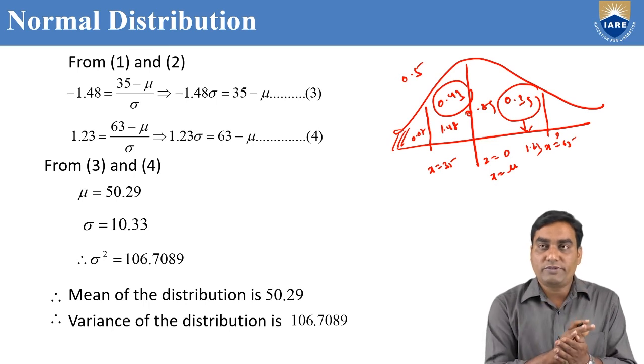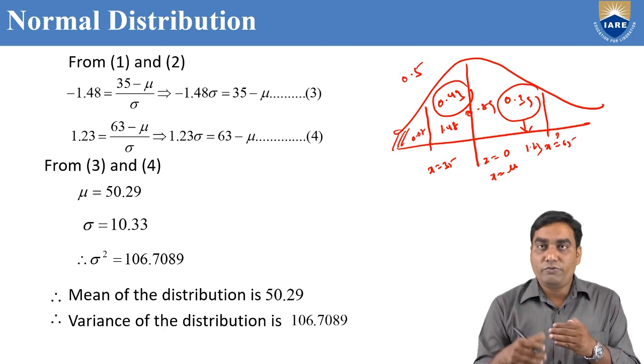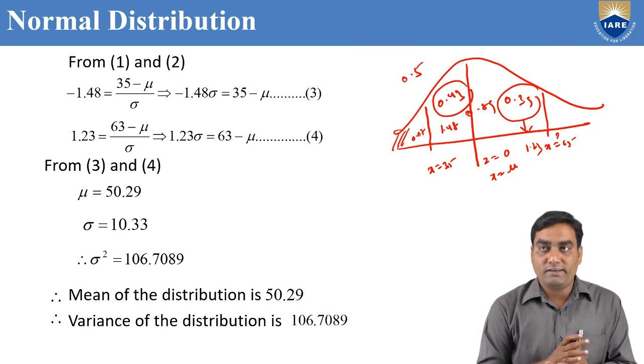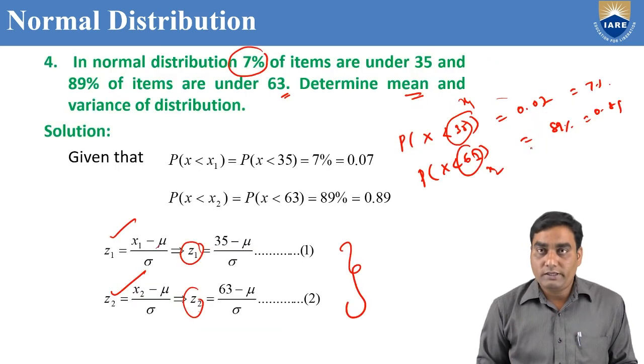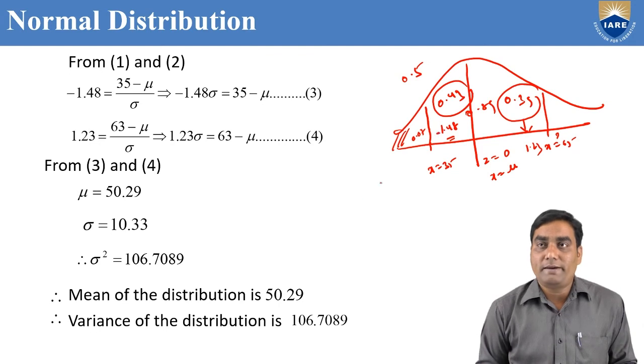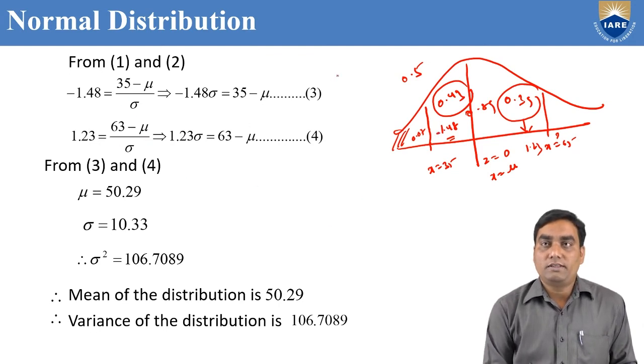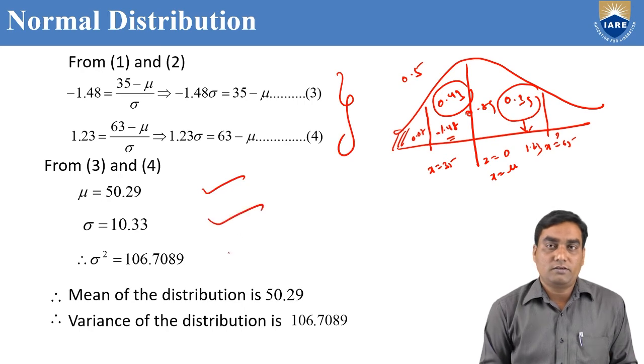So we need to check the normal distribution table in reverse. Previously we have seen, for a given value of Z, we calculate the area. But now we know the area value, so we can calculate Z1 and Z2. How? 0.43 we know because it is given 0.07, the total area is 0.5 on the left side. The 0.43 area is occupied at which value of Z? 1.48. The 0.39 area is occupied at 1.23. So in this equation, for Z1 you take 1.48 but since it is on the left side, you take minus. Substitute and solve these two equations, you will get mu and standard deviation.